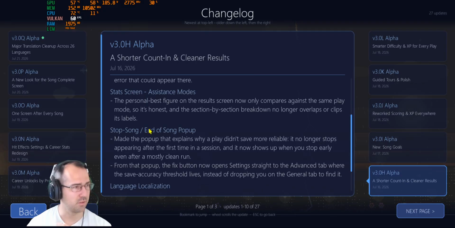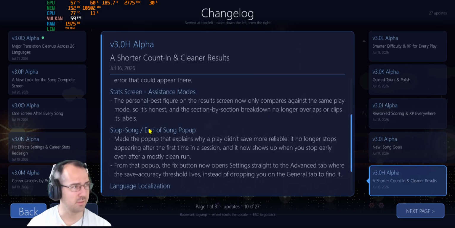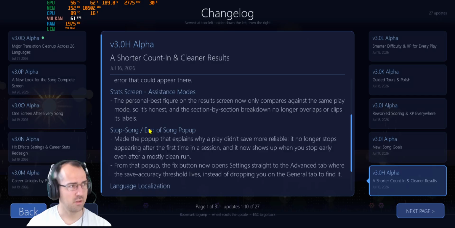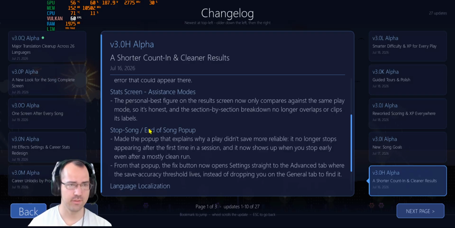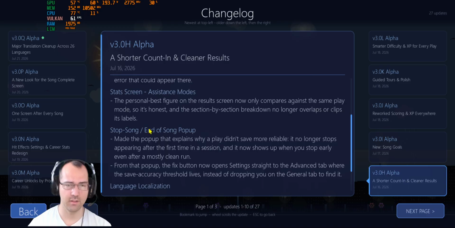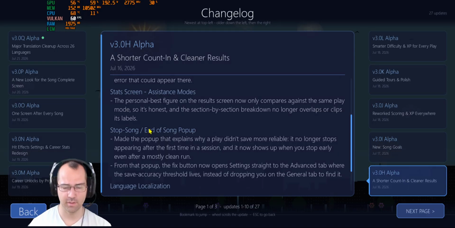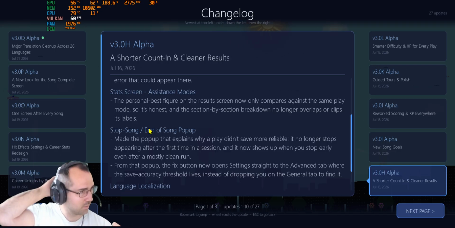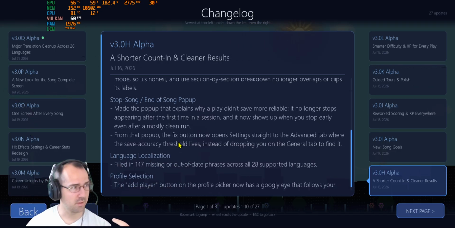Personal best figure compares only against the same play mode. And basically there are different assistant modes. There's none, there's dynamic tempo, dynamic difficulty, static altered tempo, and the stats will only compare against the same type of assistant mode. More stop song, end of song enhancements,